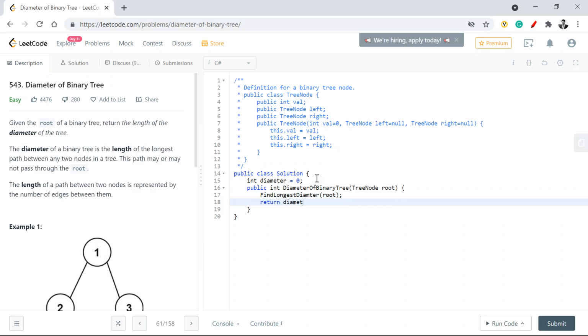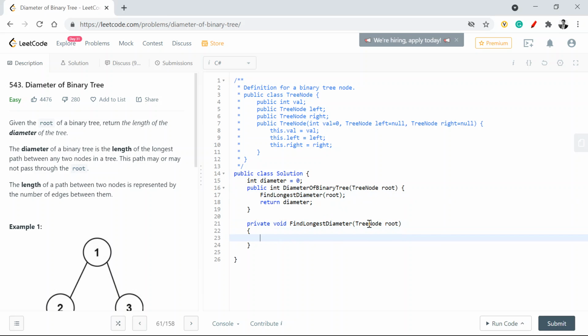Then I'm going to say private void find longest diameter, just to be very sure, this is tree node root.